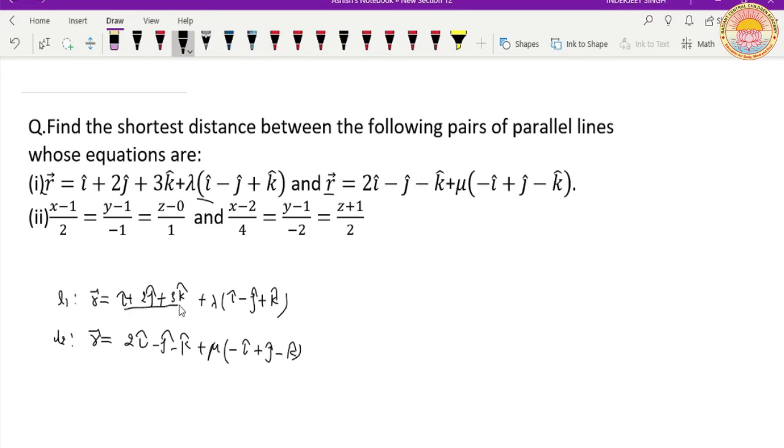So this will be vector A1 and this is vector B,